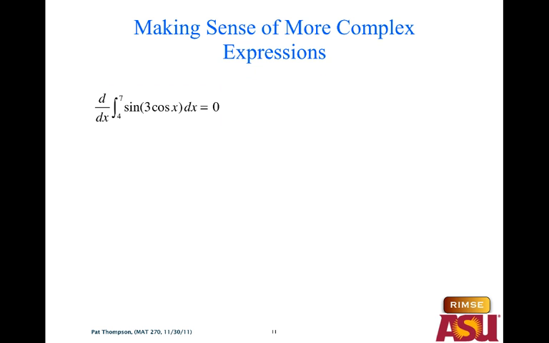The whole thing is 0, because that amount of net change is a fixed value, because we have a known starting and ending point. It's not a function. So we're taking the derivative of a constant, which is 0. So